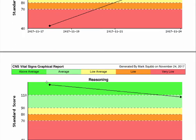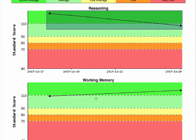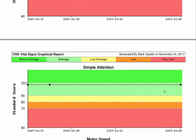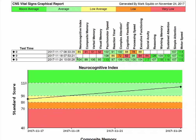Reasoning by the end of the week was probably still in a recovery pattern. Working memory obviously increased slightly. Sustained attention increased slightly. Simple attention remained the same. Motor speed remained good, the same. The main thing to point out would be that the endpoint at 7 days after we started,